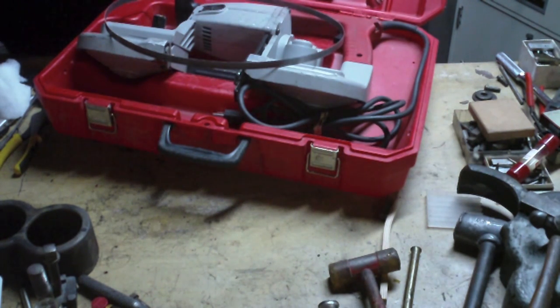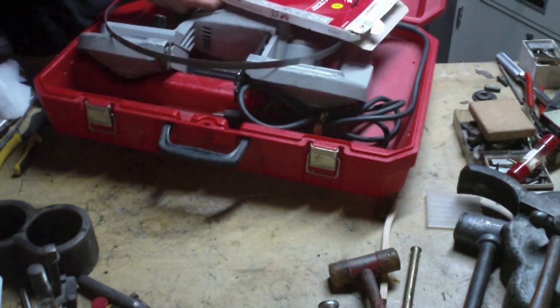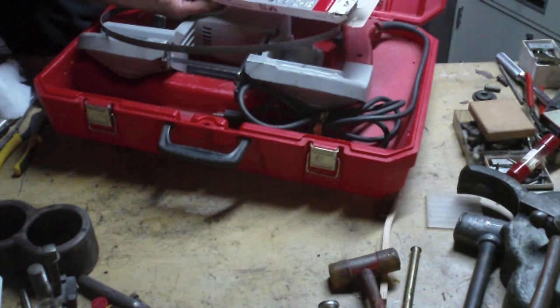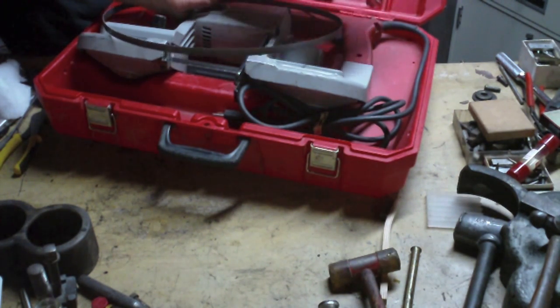The warranty registration card is still in here. And it actually says what the blade size is: 1/2 inch by OT by 44 7/8. I haven't even checked yet, hopefully that's what this is. It actually doesn't say what the length is. Well, it's funny, it doesn't tell you what the length of this blade is. I'm hoping that it's just the right one because it says for use with Milwaukee compact portable bandsaws